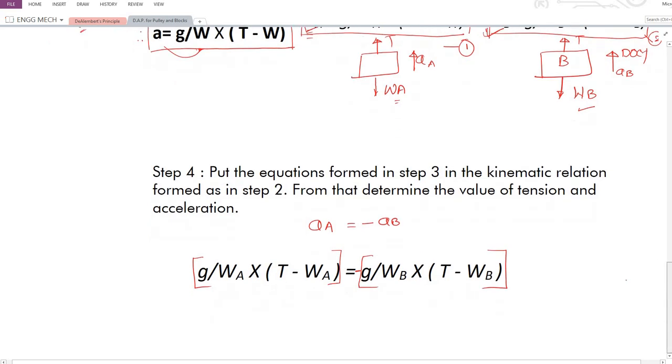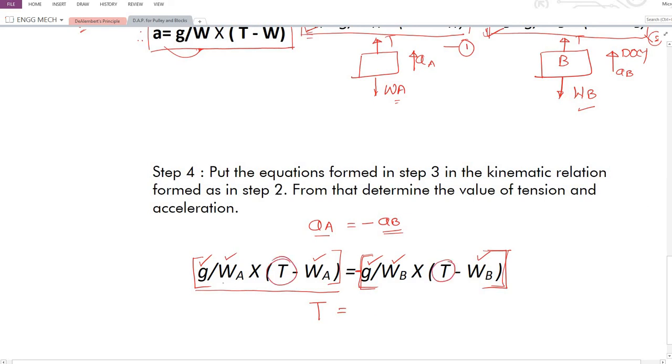Therefore here we can calculate the value of T. See, A_A is equal to minus A_B. The equation that we had obtained in terms of A_A is written as it is, then introduce the minus sign, then write down whatever expression you had for A_B. See, this value will be known, that is acceleration due to gravity 9.81. W_A will be known. Then again 9.81 will be known, W_B will be known. Therefore the only unknown parameter here will be the value of tension.